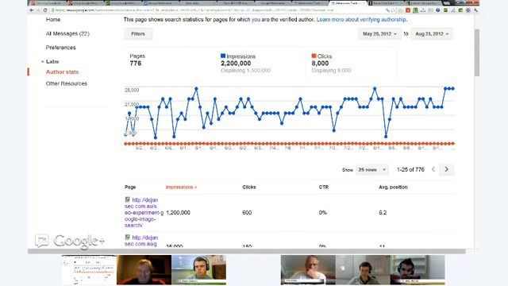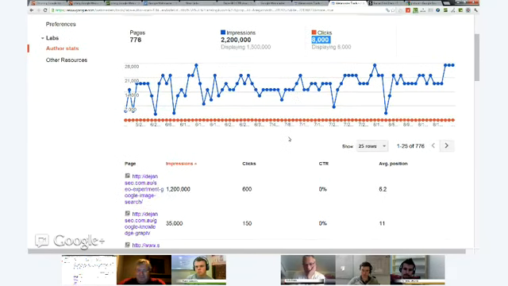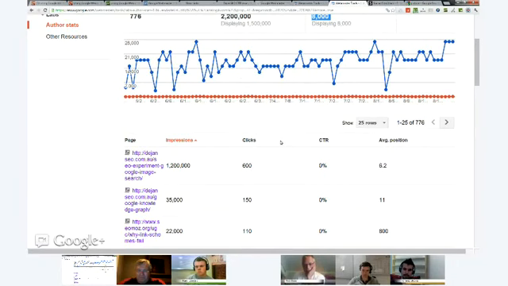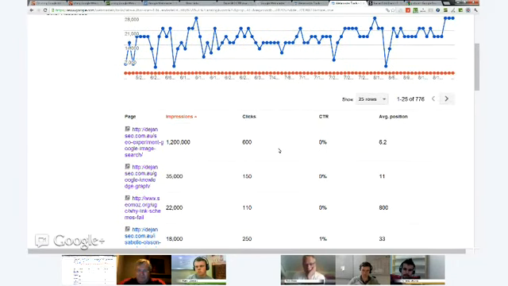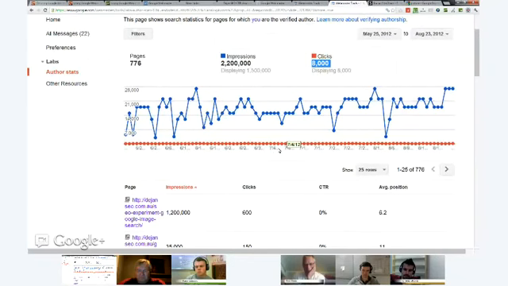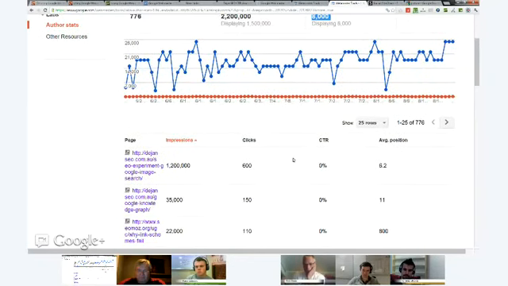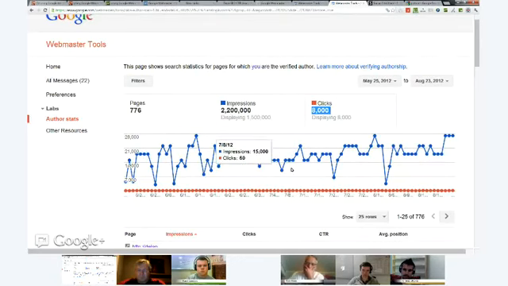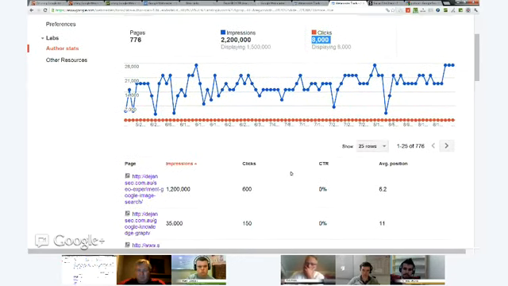It makes me write more, and it's a bit of a rewarding metric. I wish the clicks were the same. The clicks were only 8,000, but that's still, I think, fairly decent. Now, a lot of people are talking about the huge impact of the authorship snippet for click-through rates. That's not always the case, but there is some evidence to show that people would rather click on